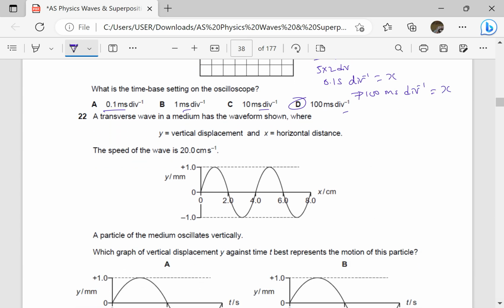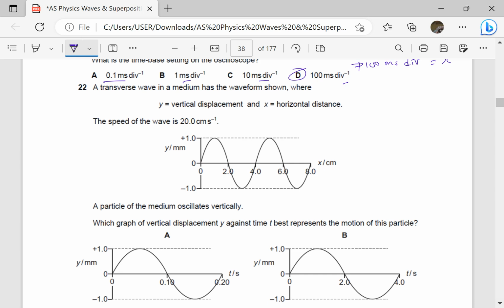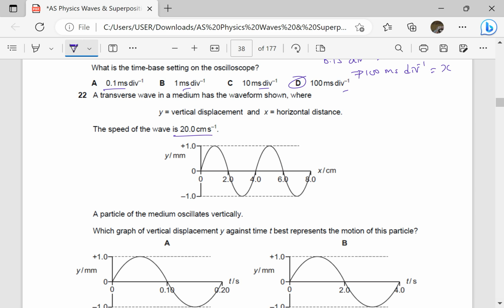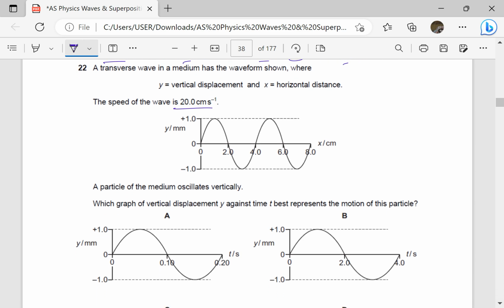A transverse wave in a medium has the waveform shown here, where y is the vertical displacement and x is the horizontal distance. The speed is 20 centimeters per second. The particle of the medium oscillates vertically. Which graph of vertical displacement against time best represents the motion of the particle? Okay. So since the speed is 20 centimeters per second, and we are seeing the wavelength as 4 centimeters,